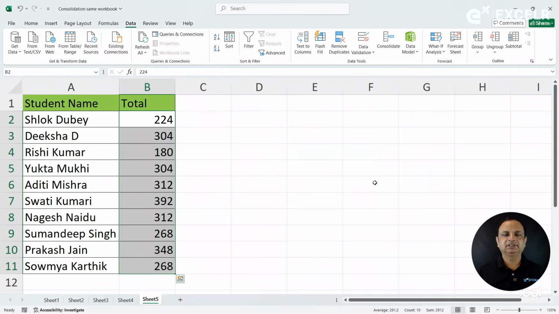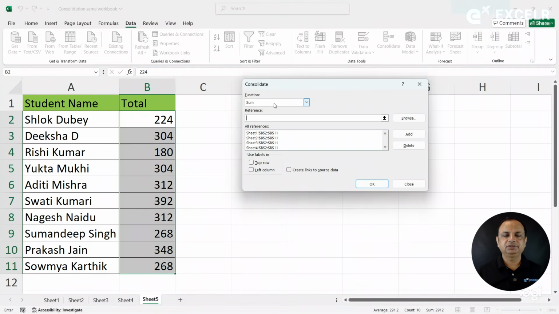So all the worksheets are combined here. We have not written any function, the function is written by Excel itself. And which function? I chose the sum function here. If you want, you can change the function also according to your requirement. Now